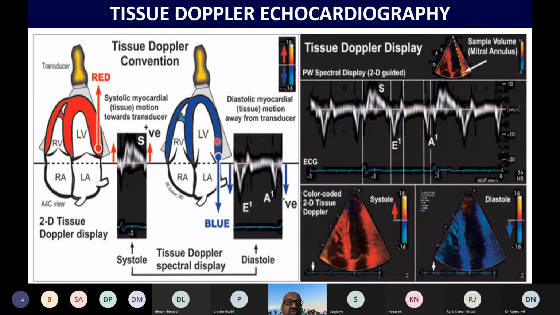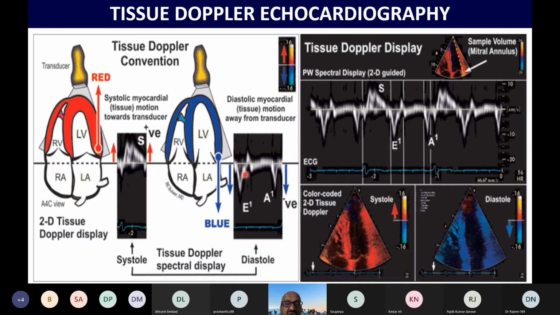is determined. So in the systole you get the S wave. If it is moving towards the transducer, it will be positive. Moving away from the transducer, it will be negative. And because we are looking at the apex in a transthoracic echocardiography, you are getting an S wave which is positive, and E prime and A prime. These are corresponding waves of mitral inflow Doppler when you are using pulse wave Doppler, looking at the mitral inflow velocities. Here we are looking at the tissue